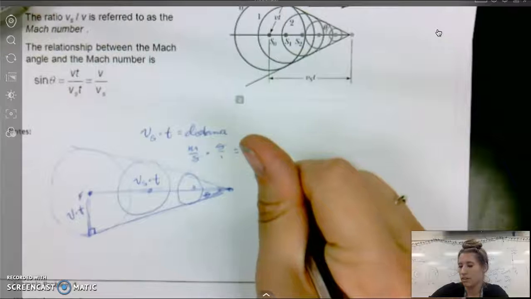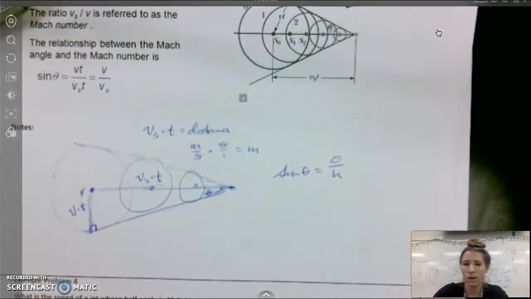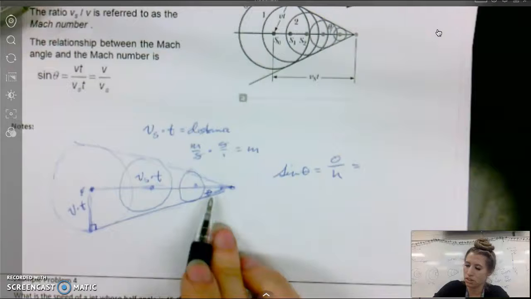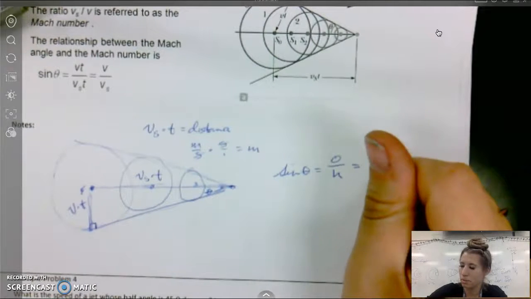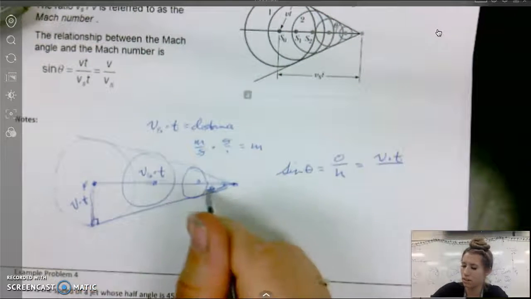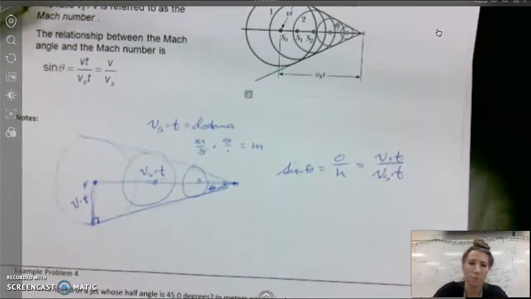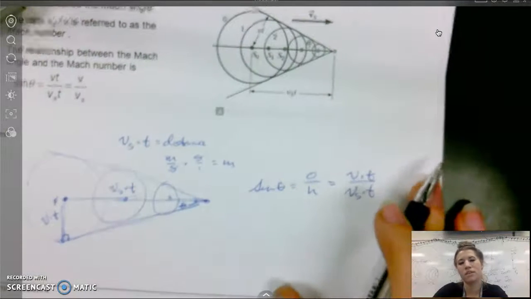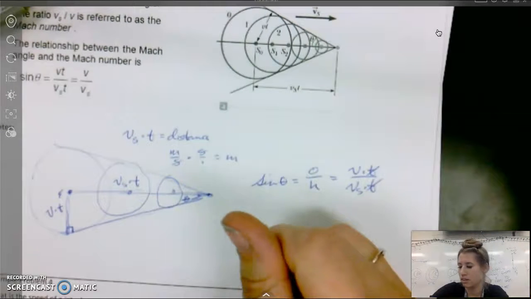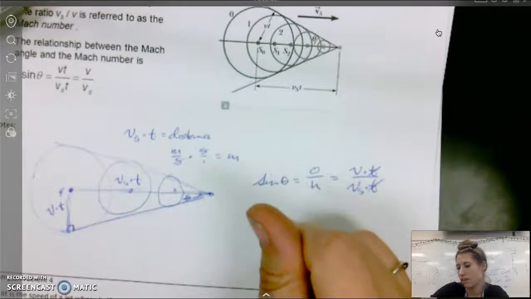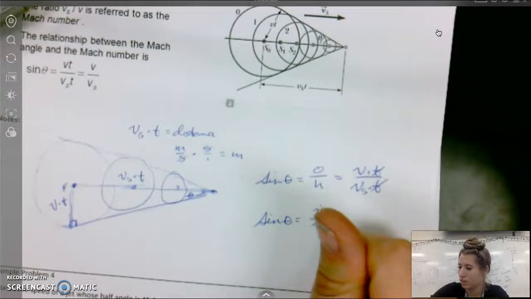So a reminder, sine is equal to opposite over hypotenuse, which in this situation, opposite from this angle is velocity of sound multiplied by time, and hypotenuse for this angle is velocity of the object multiplied by the same amount of time. And since time is on the top and the bottom of the equation, we can cancel it. So then we're left with our half angle equation of velocity of sound divided